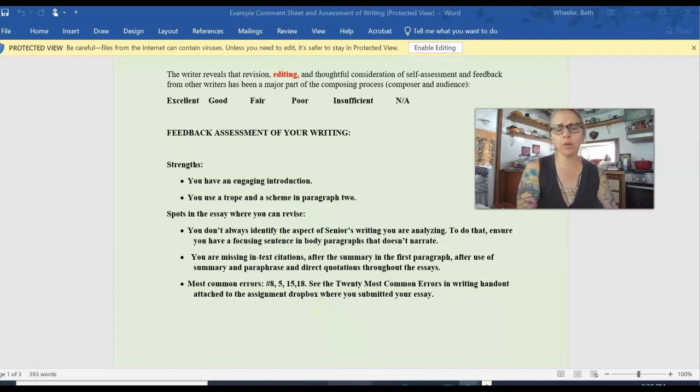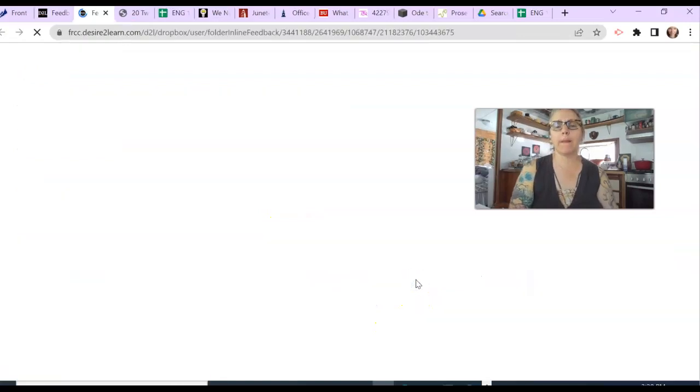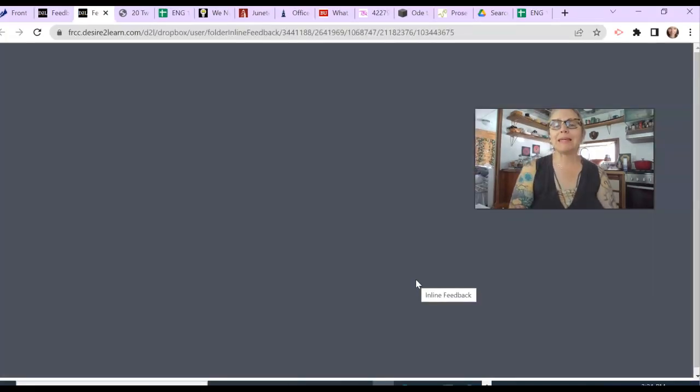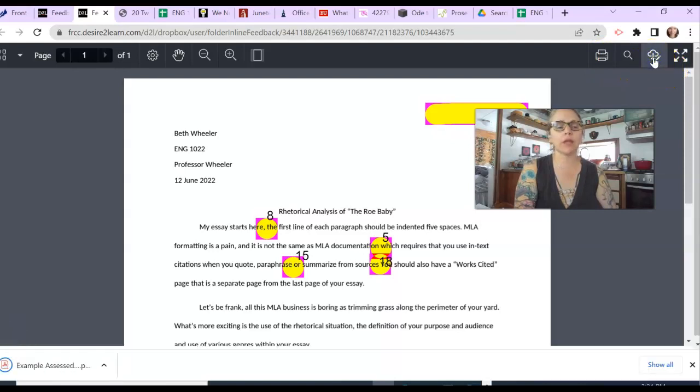All right, so I'm going to go back to my window, and the last thing you'll need to see after you have these two handouts downloaded is the inline feedback. Okay, and the inline feedback shows the highlighting. So you'll notice that I can print this draft for myself. I think I can even download it and save it so that if I wanted to, I could compare the instructor's comments to my original draft, because you can't really revise or edit from this draft, but you could compare my marks to your original file and make the changes.